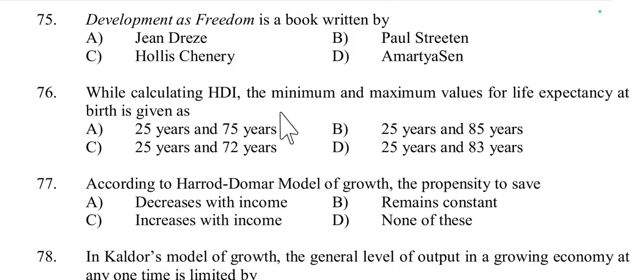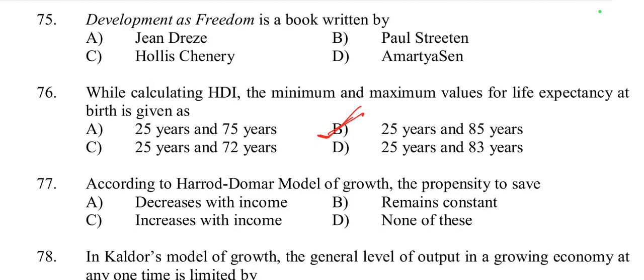Then question number 76. While calculating HDI, the minimum and maximum values for life expectancy at birth is given by 25-75, 25-85, 25-72 or 25-83. Minimum and maximum. Minimum is 25 years and maximum is 85 years. So option B is the right answer. To calculate HDI, the minimum age for life expectancy is 25 and maximum is 85 years according to